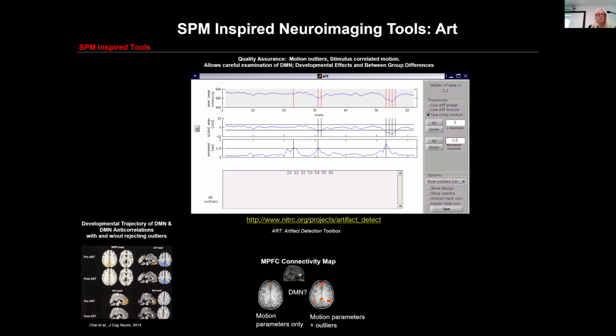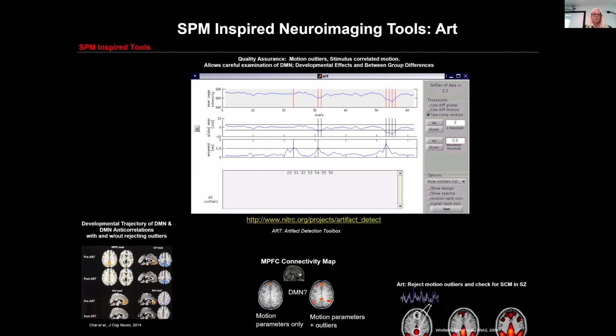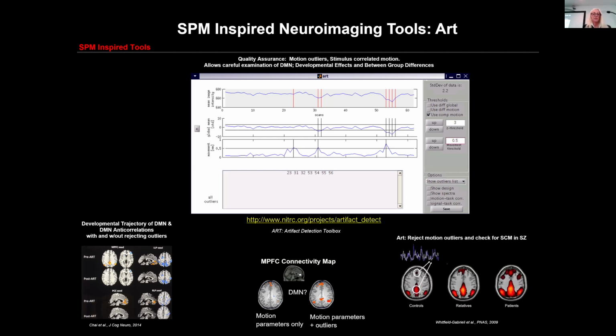The second thing that we were interested in clinical populations, there were a lot of papers coming out that illustrated there's decreased functional connectivity or activation in many clinical populations. We were interested at that time in schizophrenia and high risk for schizophrenia. So after we used a toolbox to not only reject outliers, we also looked at things like stimulus correlated motion, which Ed Wilmore and colleagues have shown schizophrenia patients often tend to have more of. So when you're regressing out those motion parameters, it could be disproportionately removing variance from one group versus the other. So we tried to aggressively tackle all these QA problems.